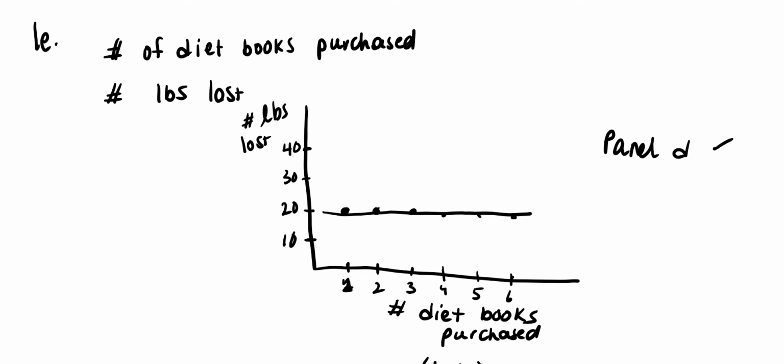Okay, let me go back and do 1D. Okay, so 1D. In 1D, again, what are my variables? Well, I have consumers buy more frozen yogurt when the price of ice cream goes up. So I have, maybe the pints of frozen yogurt. So I'll just say, because they didn't give me a unit, I'll say the amount of frozen yogurt that they buy. And then also the price